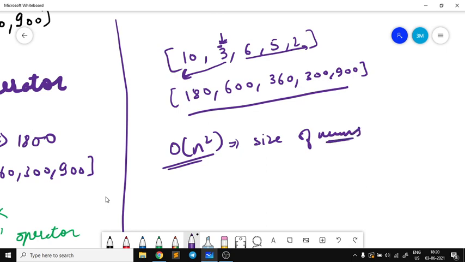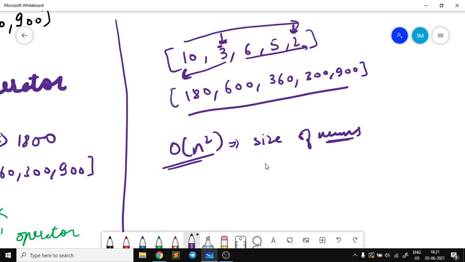Why? Because you can see that in the worst case, if I am pointing here, in the first case, in the first loop, I will be iterating through all these elements. But consider the case in which I am at this index. I have to find the product of all the elements on its left side, the elements on this left side, for the answer for this two. So I will be iterating again n minus 1 elements, right?